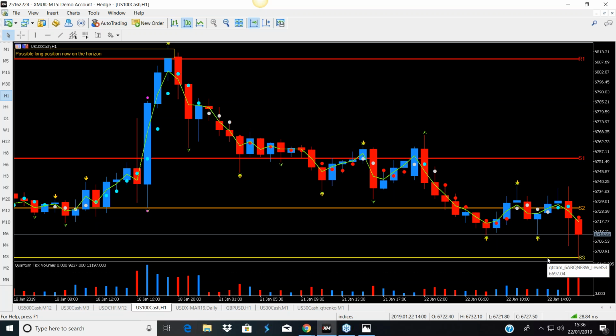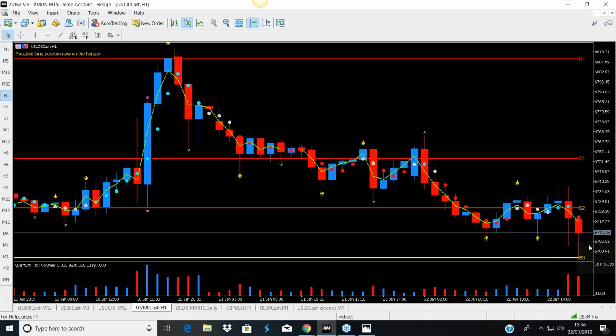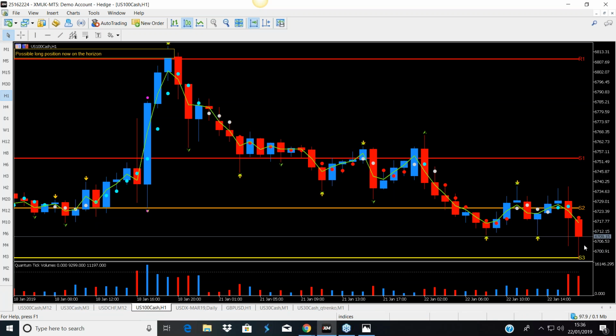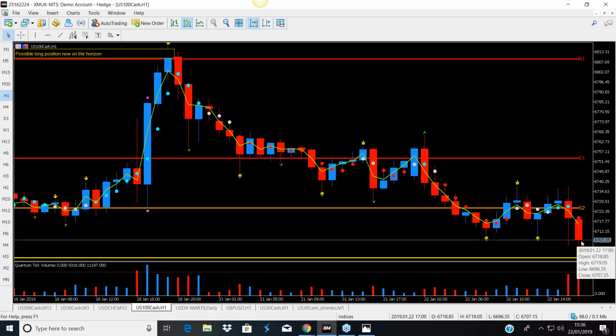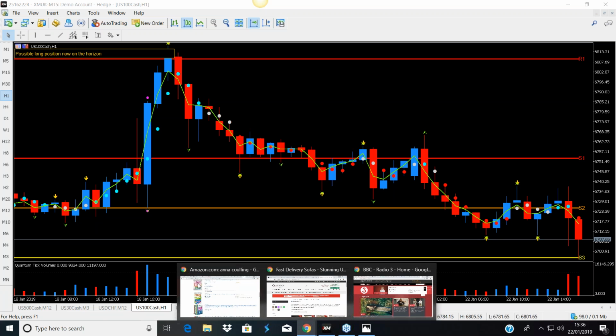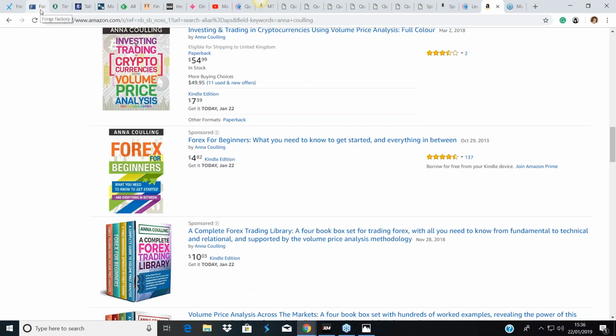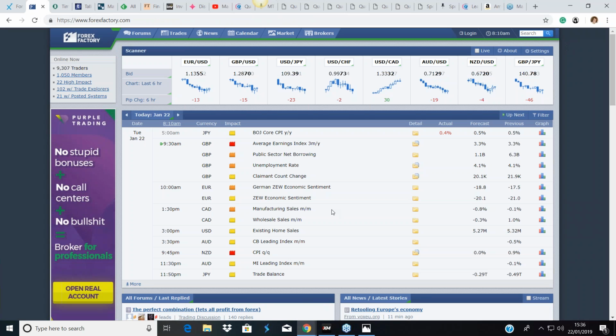What we've got here is the S3, which is 6690, 6667 basically, very, very close to a zero. We see the buying coming in here now, and we'll just see what develops, or whether it's going to be like last week. We have a lot of rotation and consolidation around the volume point of control before we have a firm direction one way or another.